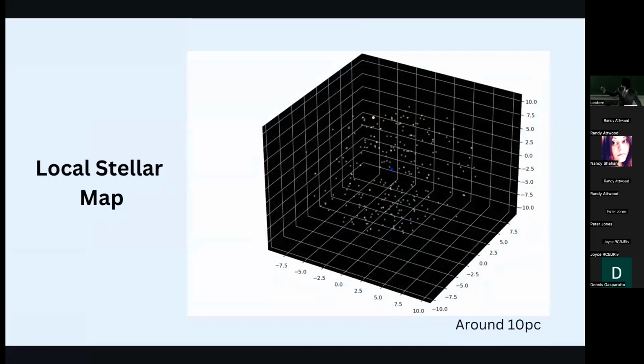Right. So what did I do? I made this, which is a local stellar map of our local neighborhood, and it's around 10^6 in radius, which is 3 times 10^14 kilometers. It's a big number, but once you start doing astronomy, you get desensitized to really big numbers. And then you start to really appreciate the smaller numbers in life.